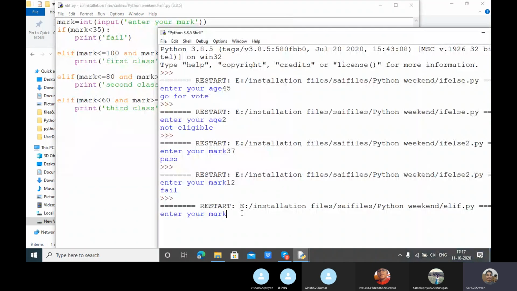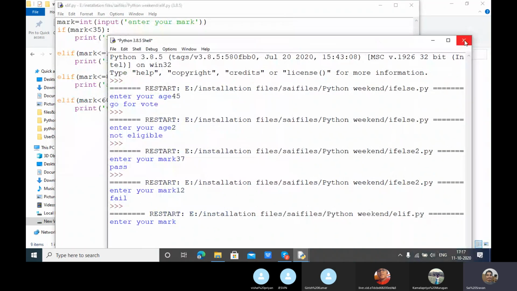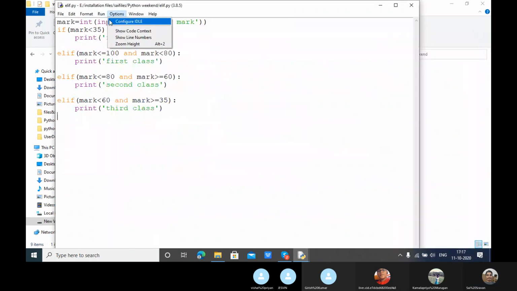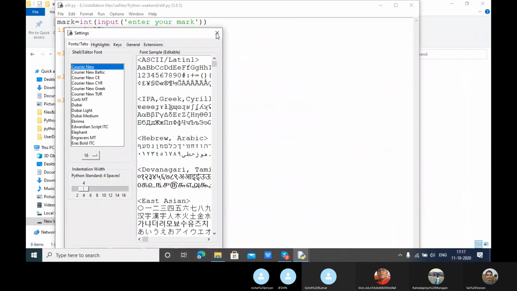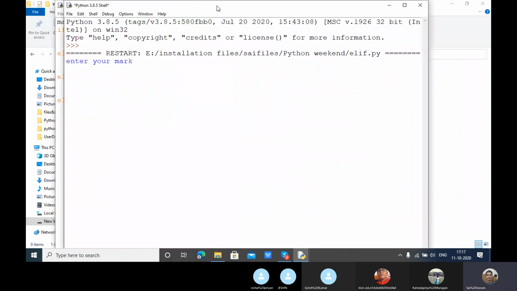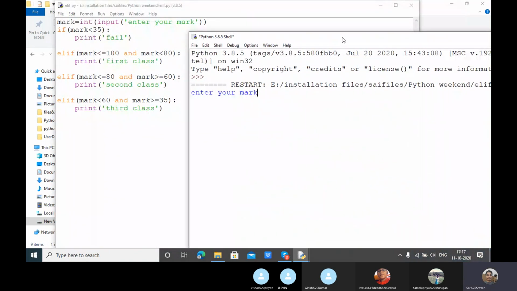So enter your mark. So now I'm going to enter my mark as 45. So what is the output that came?